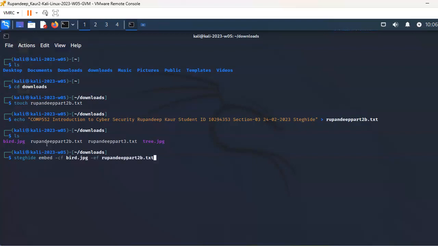To embed the image we use the steghide embed command. For that we need to enter the passphrase, and then embedding is completed. After this we need to extract the image by adding the command